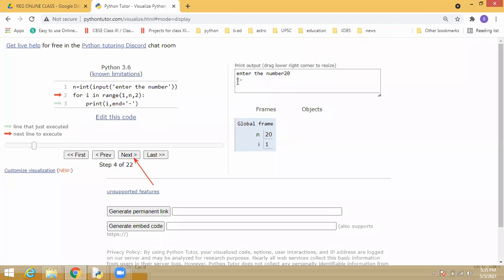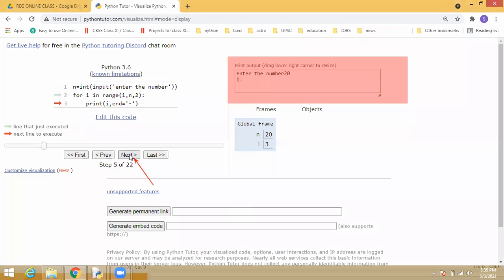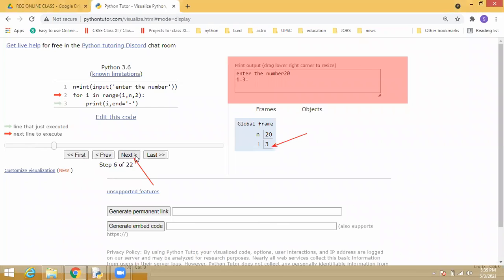See the one it's showing. Students, everyone listen to the output screen. See the next iteration it changes to 3. You see the value here, the i value is also changing. So 3. So you see the output 3. Then next iteration 5. It is displaying. You can see the output. Every iteration it shows. This is like doing it manually. The tutor will help you to understand the program, how the execution happens.